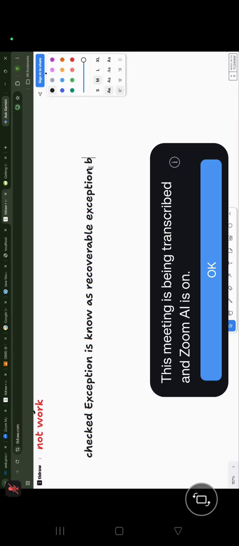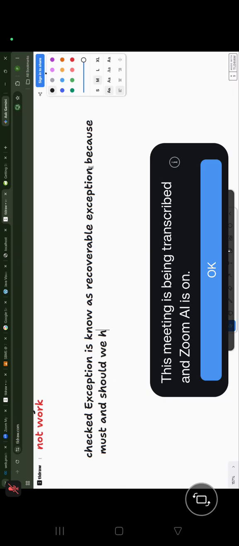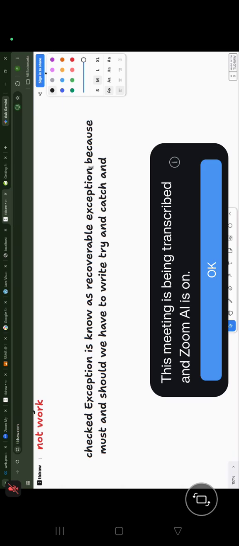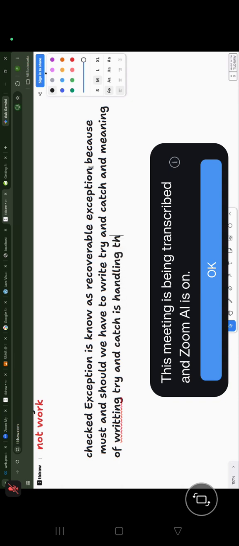The meaning of writing try and catch is handling the exception as well as